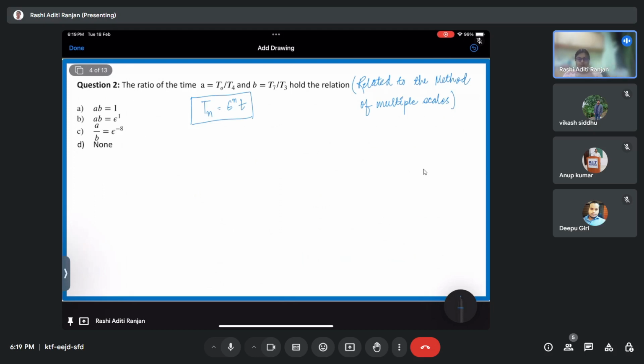Okay, so this is what it is. Now coming on to what it is asking. Epsilon, I'll just write it is the book. So first we will try to find out A, which is nothing but T naught by T4. For this, we first want to find out T naught, which is nothing but this. Then we have T4, which is this. So from this, we are going to get A is equals to,